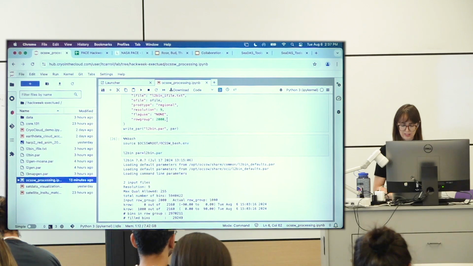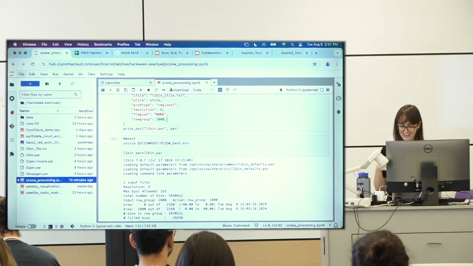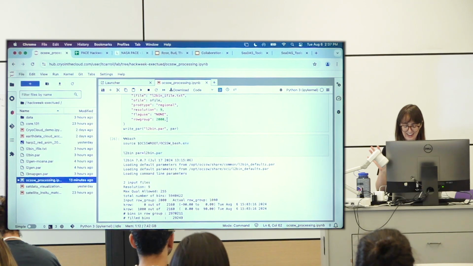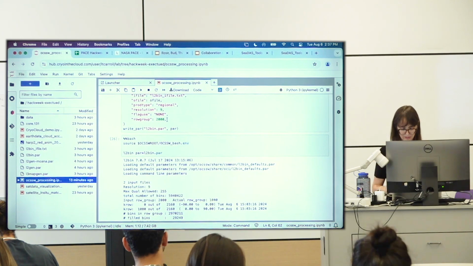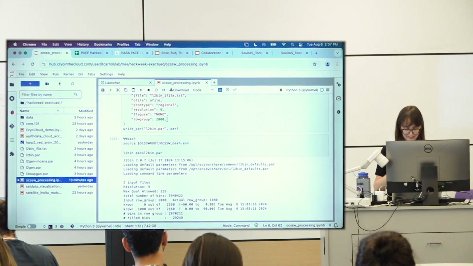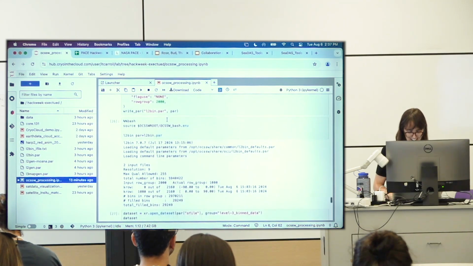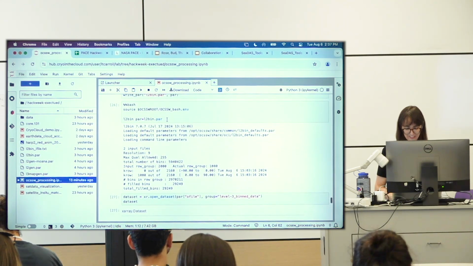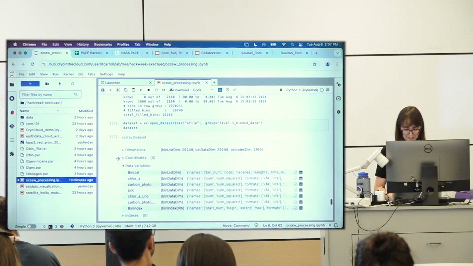Row group 2000, that is for how it processes. I'm not sure exactly why that is, but it's something that helps with the machine to run. It takes, I think, 2,000 rows at a time or something like that to help it run. Okay, so then we can run it with our par files in principle. And now we can look at our,